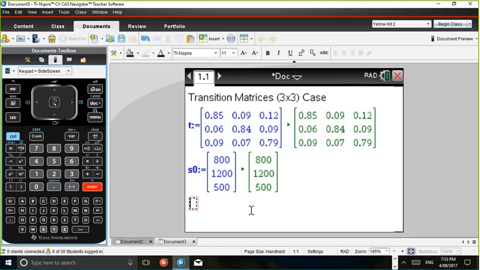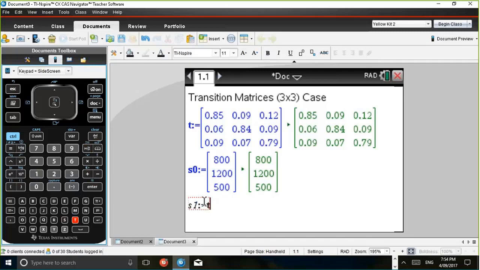So we could set that up inside a math box as well. Inside that math box, I'll type in S1 and control symbols template, and I can assign that to be equal to T